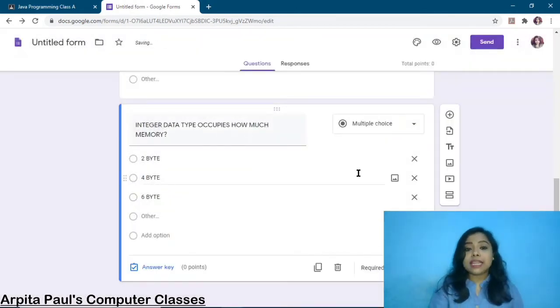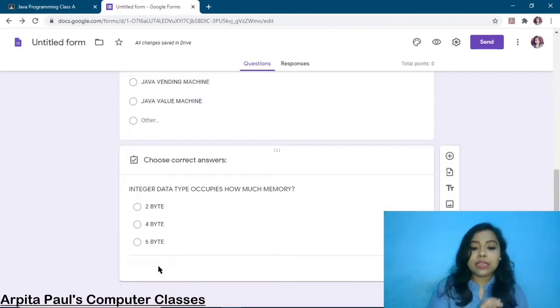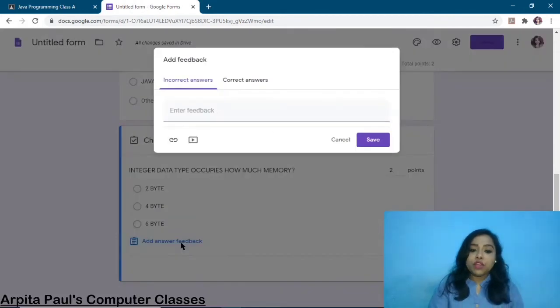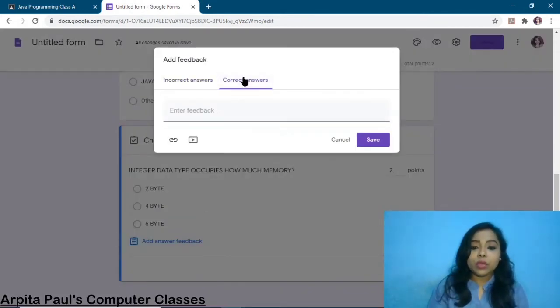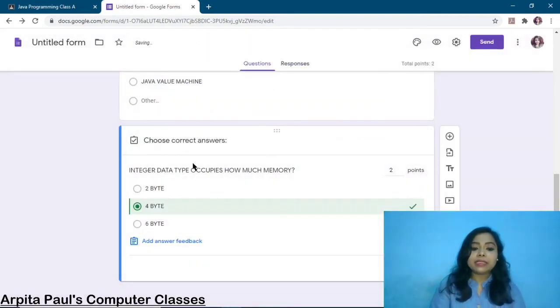Okay, once you click on the save option and allow the quiz option, you will get this answer key option here under the question. So I am clicking on the answer key option. From here I am adding the points. So 2 points, 3 points, however many points there are, you can easily add. So for this question I am adding 2 points, and we can add answer feedback also, that means the correct answer. Okay, so here we can write the correct answer, or we can directly select the correct answer here. So 4 byte is the correct answer for this one, so I am selecting this